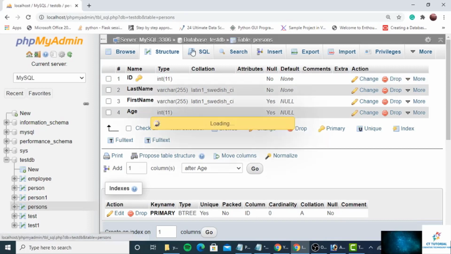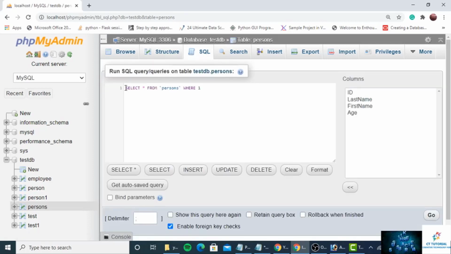Now I will show you inside a single primary key how you can add single or multiple columns. Suppose first in this query we have declared ID as a primary key. So if we wanted to add last name also, or declare last name as a primary key with the ID, then what we will do? We will write a query. I will show you the query. Just first drop the table.